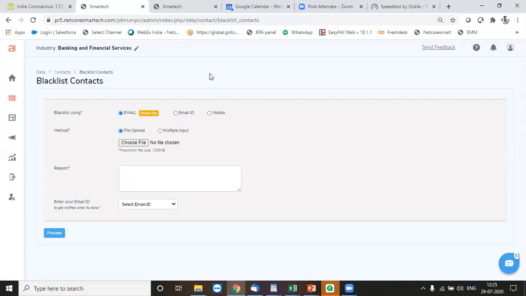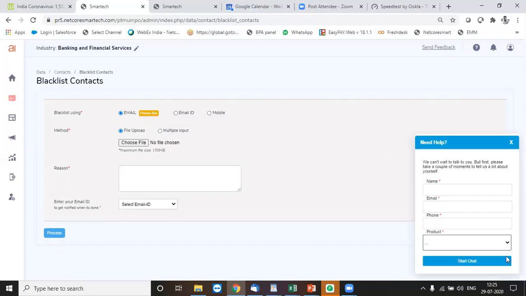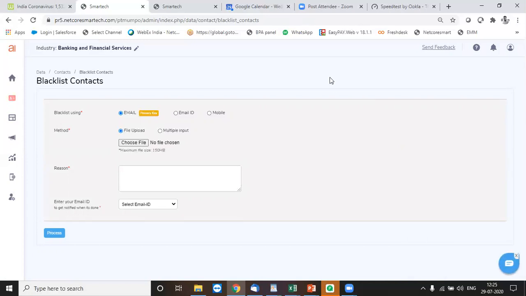Right, so these are things we can use for managing a database. So guys, I think we have understood most of the aspects of data over here, and you are now pretty much familiar with the data management process in the platform. Still, any questions, any doubts, you can just ask us. We have an option of support over here. Connect with us on that part, and we can definitely work on that.